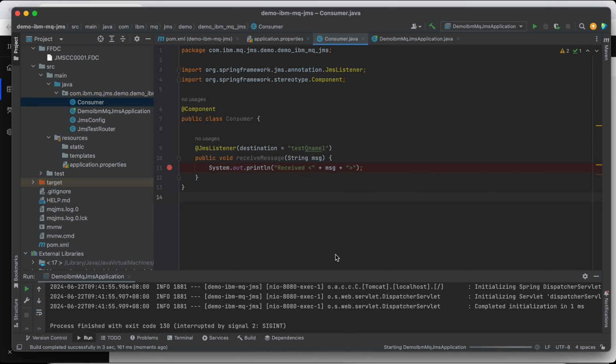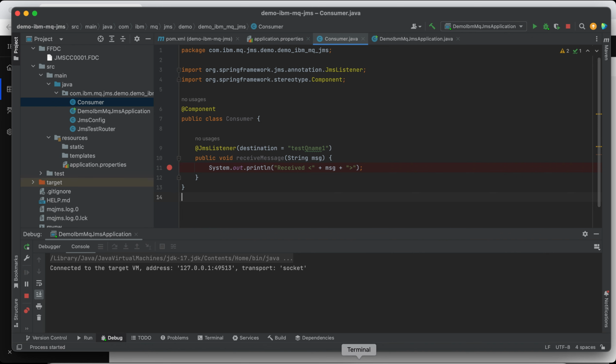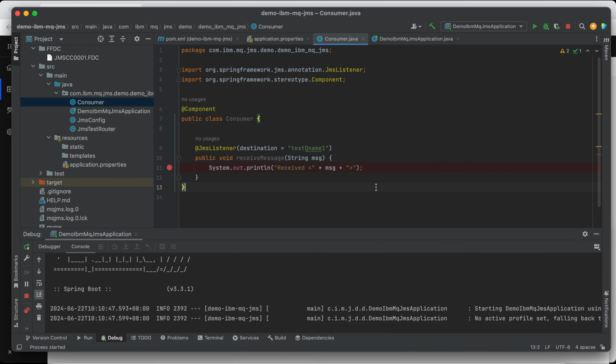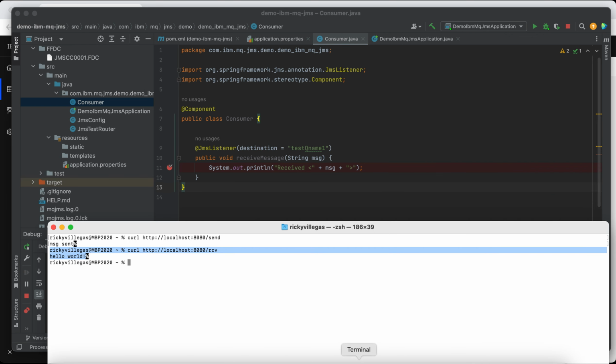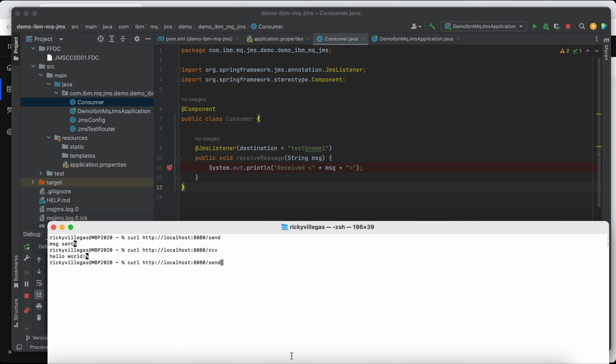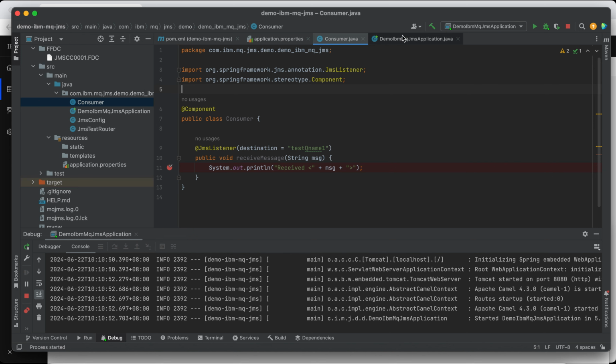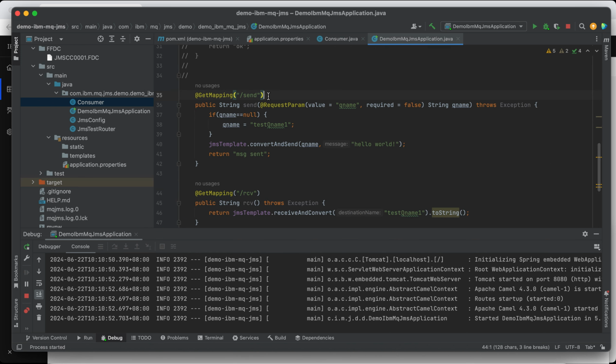So let's test this JMS listener annotation. So we send a message. When we hit this endpoint, it will trigger this endpoint and send the message hello world to this queue name.